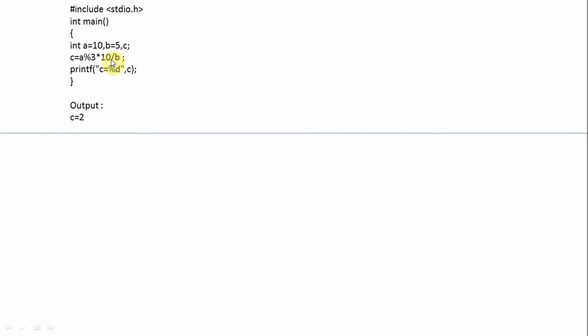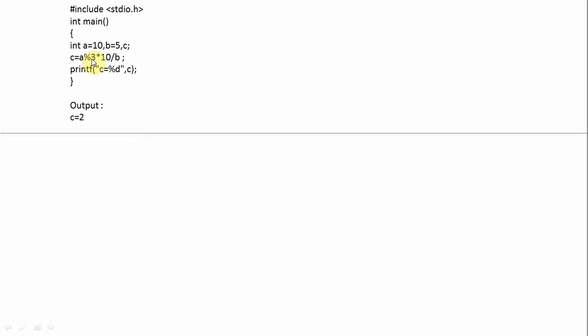As you know, for all the operators which have the same level of precedence, their order of execution is decided by associativity, and the associativity in case of these three operators is left to right. That means whichever operator appears first from the left side will be evaluated first. So A modulus 3 will be evaluated first. As we know, the value of A is 10, and after dividing 10 by 3 we get the remainder as 1,